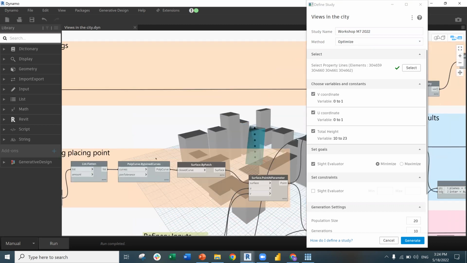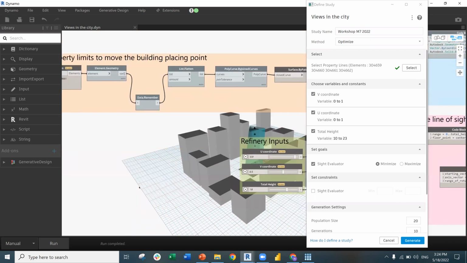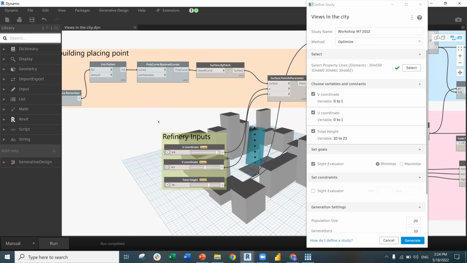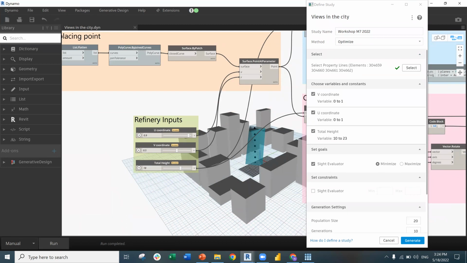Let's see if I can show you. These are my inputs. By the way, if you see the name Refinery, that's how the product used to be called a couple of years ago. They changed it to generative design, which is harder for me to pronounce, but it's the same thing. In our inputs, we've defined some bounds. This input goes from 0 to 1, every 0.1, and so on. My inputs have some ranges. So the randomize option will pick random spots within that range to create a new model,